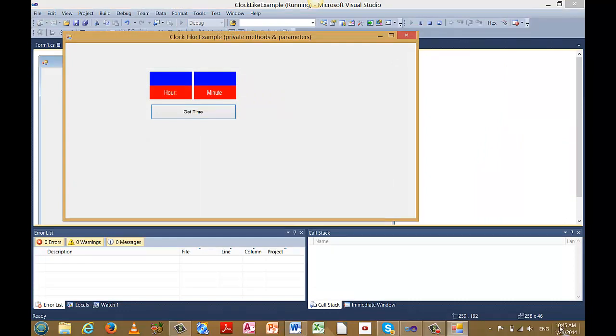If you look down at the system, it is currently 10:45, so the hour value is 10, the minute value is 45, and I'm going to be capturing the time from the system clock, and you see that somehow magically the hour of 10 and the minute of 45 appears in the two labels, and I'm hoping that the clock is going to switch here from 45 minutes to 46 minutes very quickly so that I can punch the button again, and you can see that it is in fact getting that data by reading the date time string from